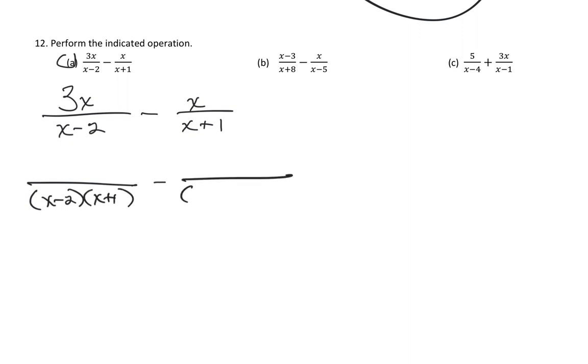We're going to use the common denominator. We just multiply the two denominators together. All right, and we're going to convert each fraction. So the first one, we had 3x over x minus 2. Remember what's new? The new is that x plus 1, so we got to put an x plus 1 up there. Same thing on the second one. We had x over x plus 1, so this is what's new. So